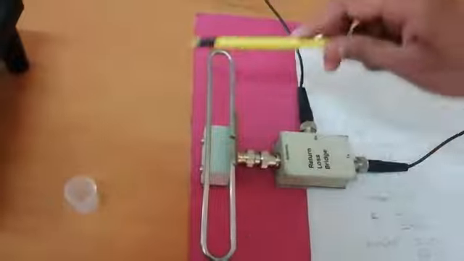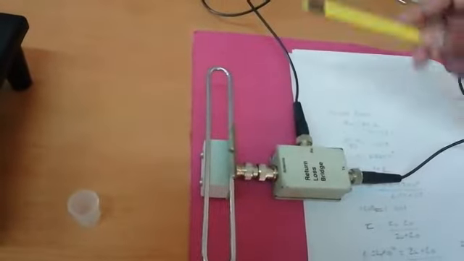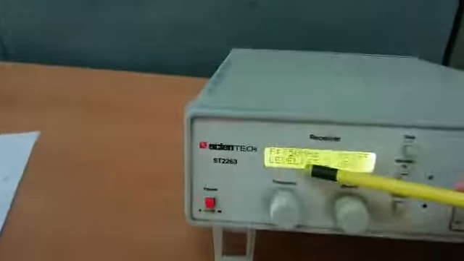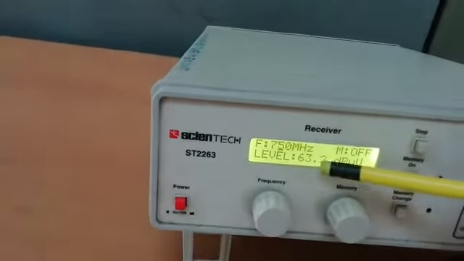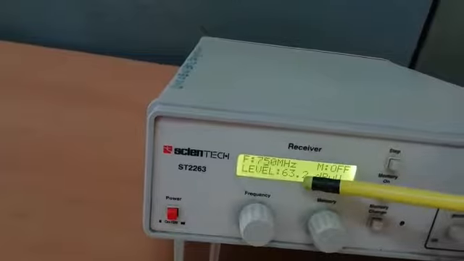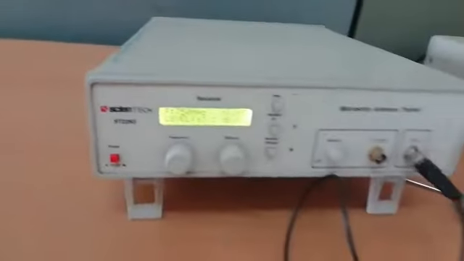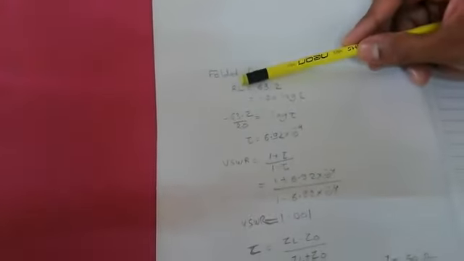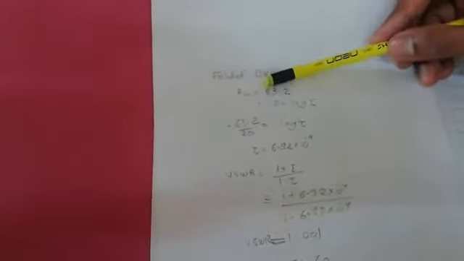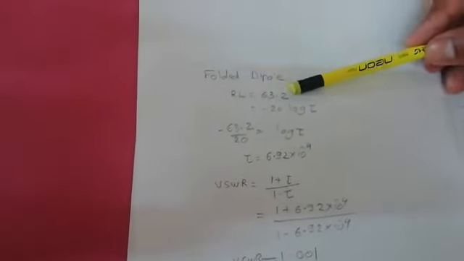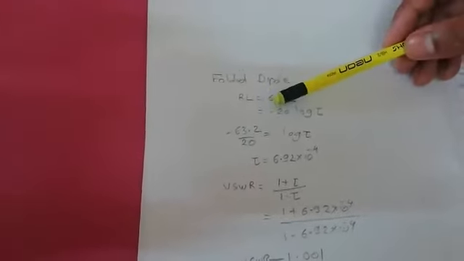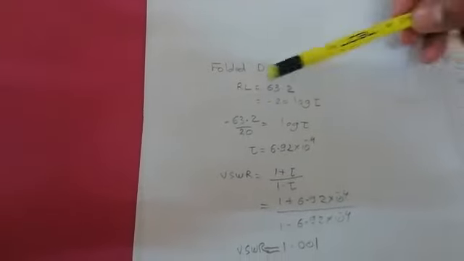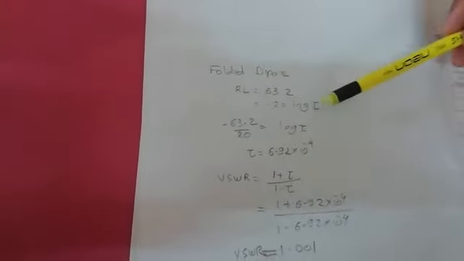Now for this folded dipole antenna, we are having a return loss of 63.2. So I am noting down this return loss value over here. As it is a loss, we have to show it with a minus sign, so it is minus 63.2, that we should remember. That is why it is written as minus 20 log of gamma. The equation for return loss is minus 20 log of gamma.